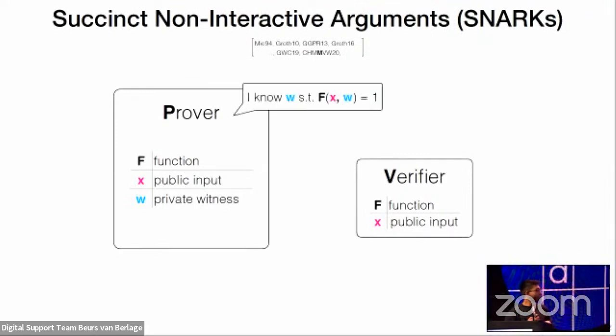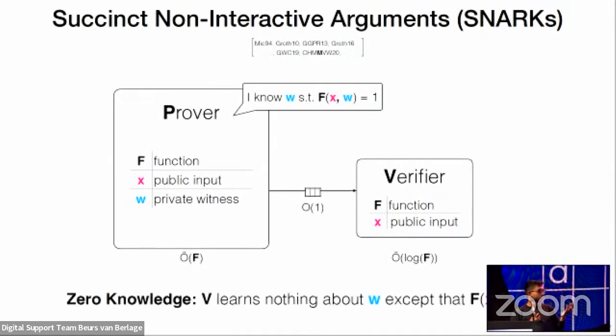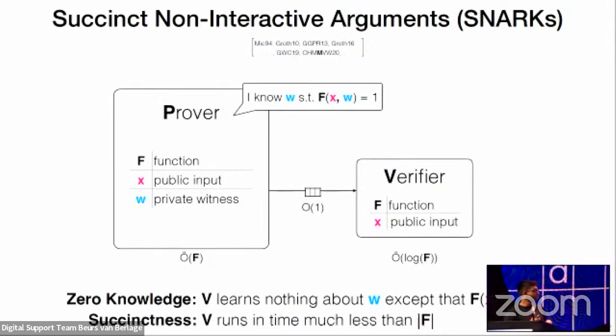The first is standard zero knowledge, which hides information about the prover's secret input. And the second one is succinctness, which means that the verifier's running time is much less than the size of the statement. So even if a computation takes a year to perform, the prover's proof can be checked in just a few milliseconds. Now this seems kind of mind-boggling at first, but trust me, these things exist.